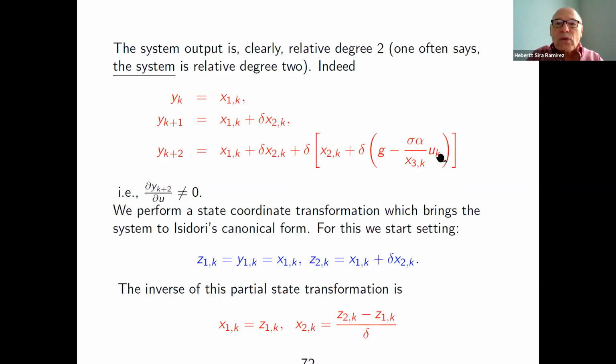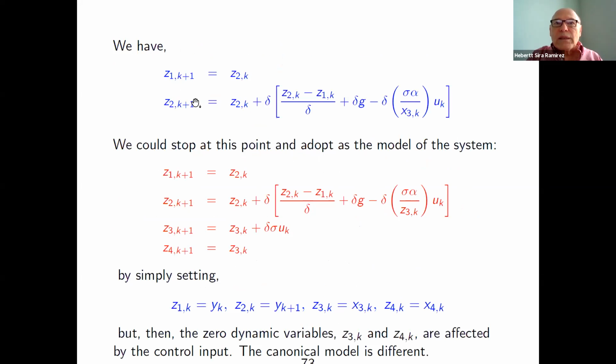But since the system is fourth order, you have to find two new variables to describe the rest of the transformation, because the system being fourth order, you have only managed to obtain a second order dynamics which is feedback linearizable. But the other two variables have to be complementary variables in order to complete the transformation. So this part is the linearizable part. Even though this seems like a complicated expression, thanks to the presence of the input, all this is replaceable by a single control input.